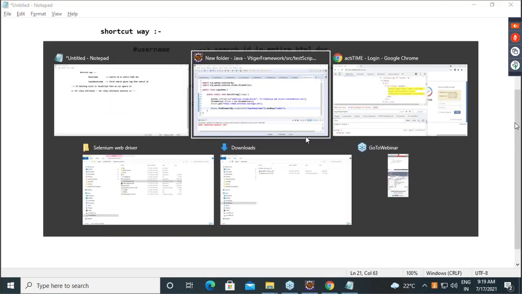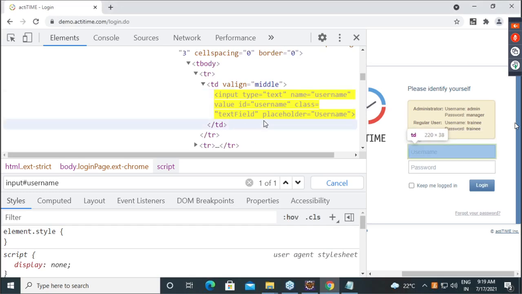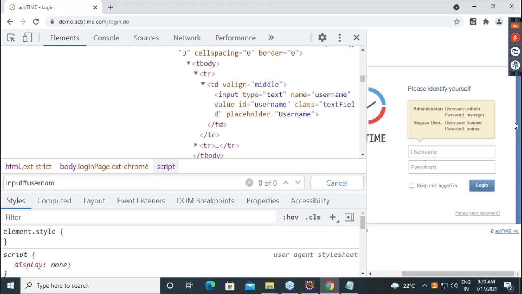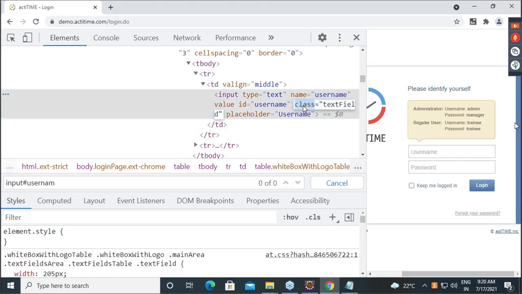Now see how you will make a CSS selector here. Let's say I want to make this CSS for the class text field. So here I will copy this.